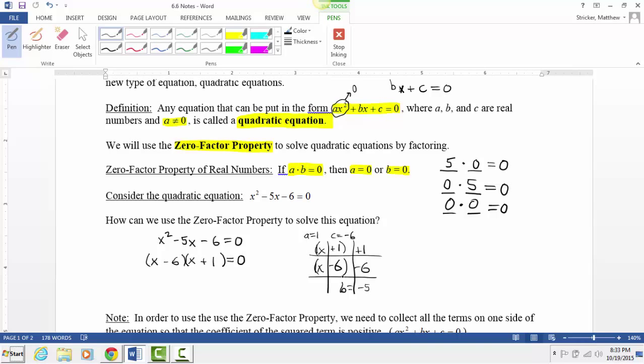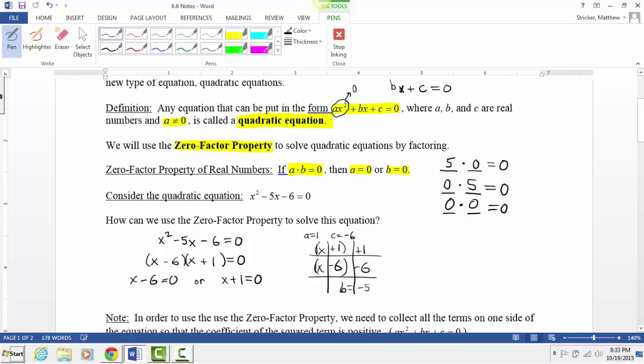Now, what does the zero product property say? It says that when we factor it, when we write it as something times something and it's equal to 0, then either the first thing has to equal 0 or the second thing has to equal 0. In other words, this first thing, this x minus 6, has to equal 0, or the second thing, this x plus 1,